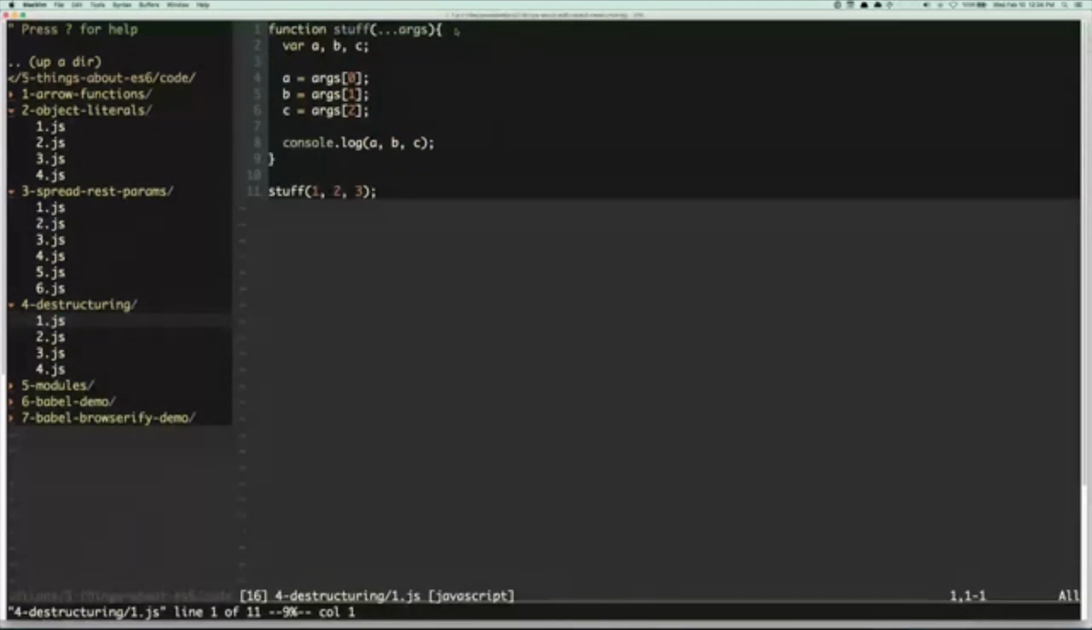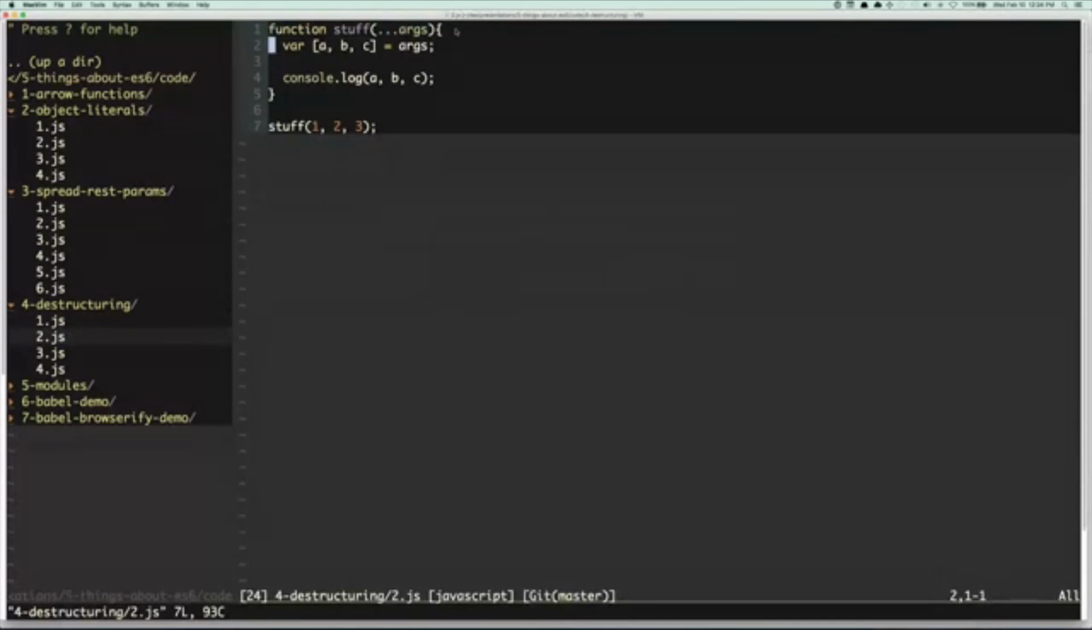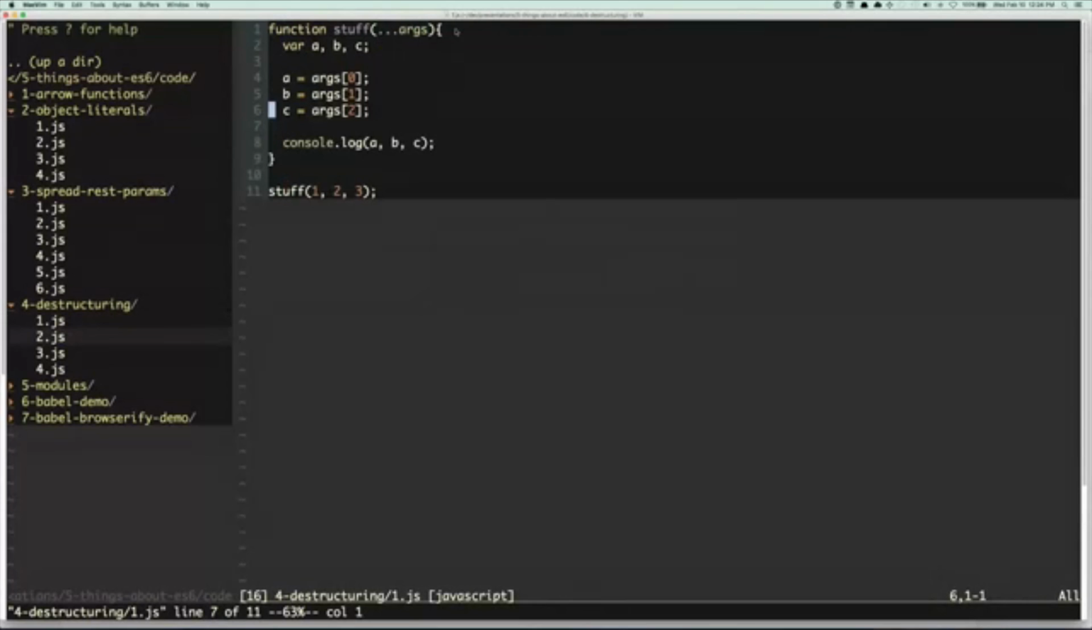Speaking of reducing the amount of code, it's pretty common to have something like array args being passed in here and to grab... my brain just went blank. That wasn't what I wanted to look at. So